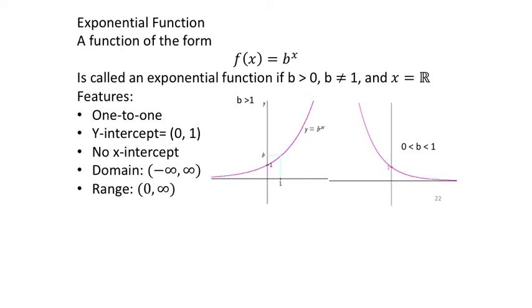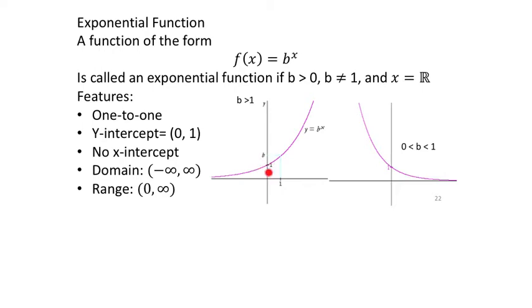This is just some interesting facts about this. If your base is greater than 0, then it's called next. The base has to be greater. This is what that base has to be. Now the graph is going to look like this if the base is greater than 1. As long as there's nothing else with the x being added or subtracted to the base b,